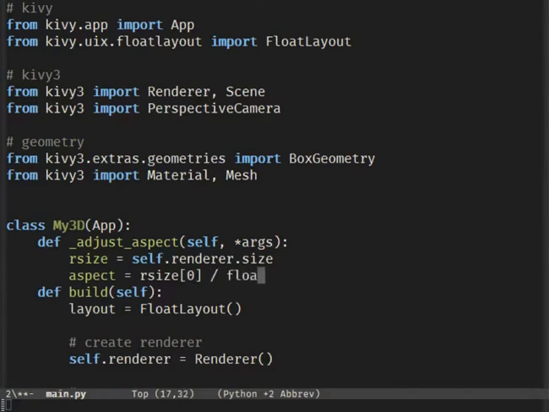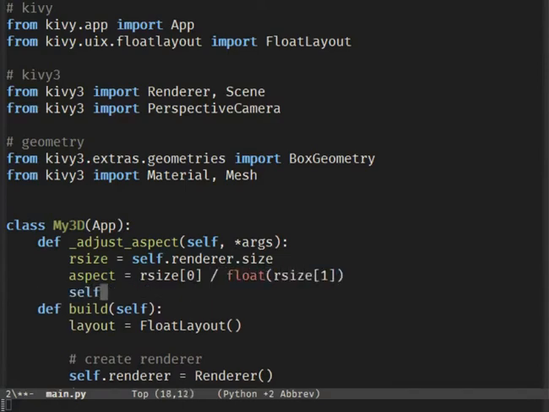When I said adjust the ratio of the screen, here you can see why. You divide the renderer's width by the renderer's height and put it back to the camera. Such a thing will be performed every time the renderer's size changes, for example when resizing a window.